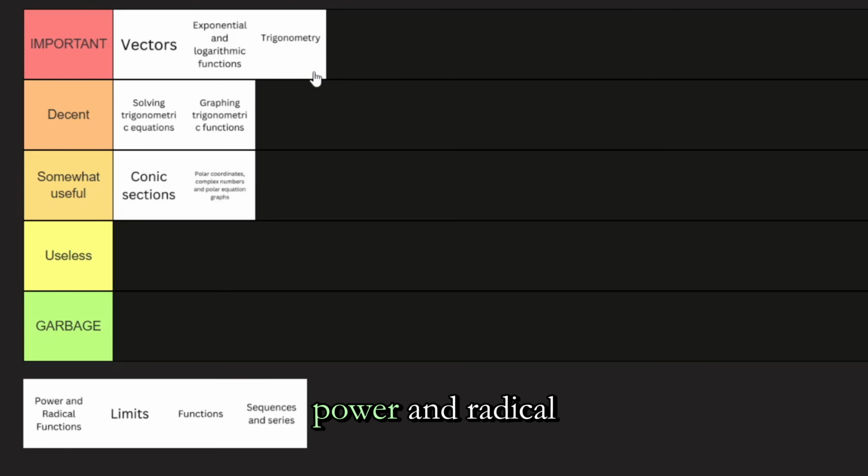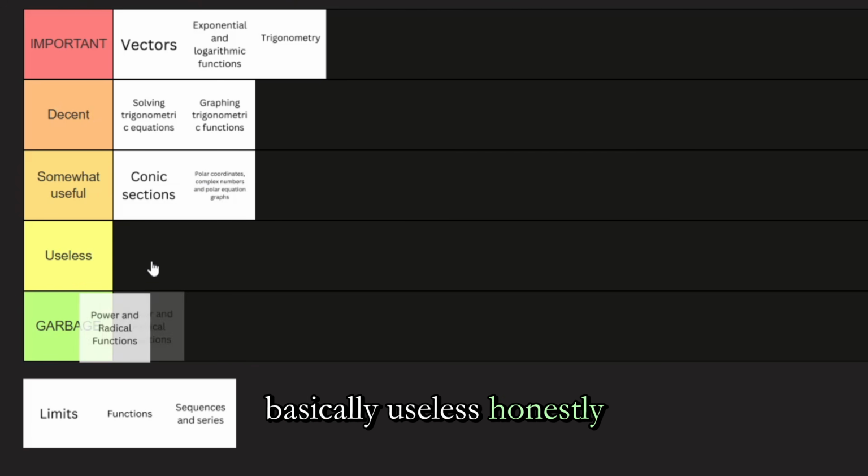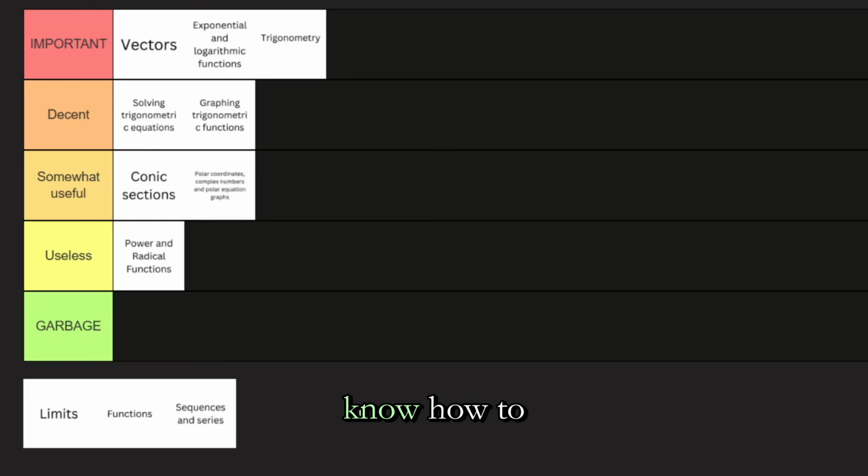Next, we have power and radical functions. Okay, so when I say power and radical functions, I mean like graphing them. So I wouldn't say this is like basically useless, honestly, because you don't really need to know how to graph power and radical functions after that unit in pre-calc, unless that's like a comprehension question, because to be honest, it's